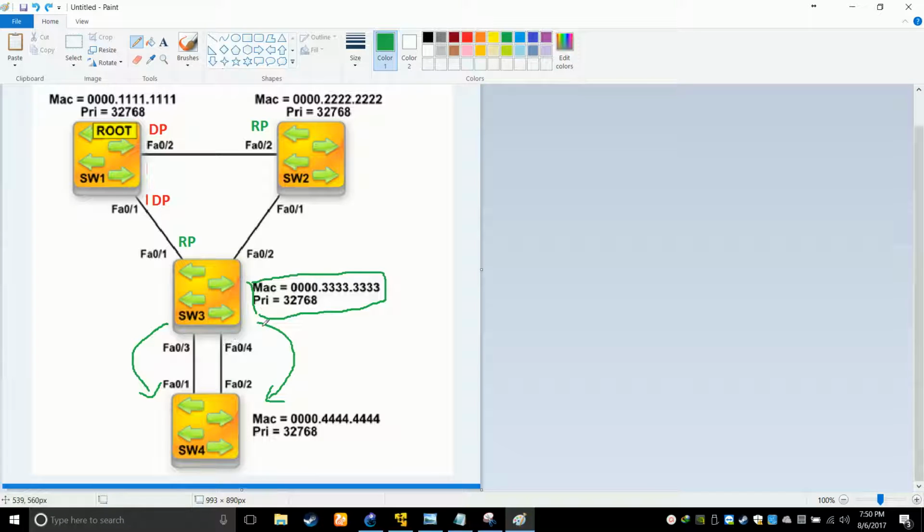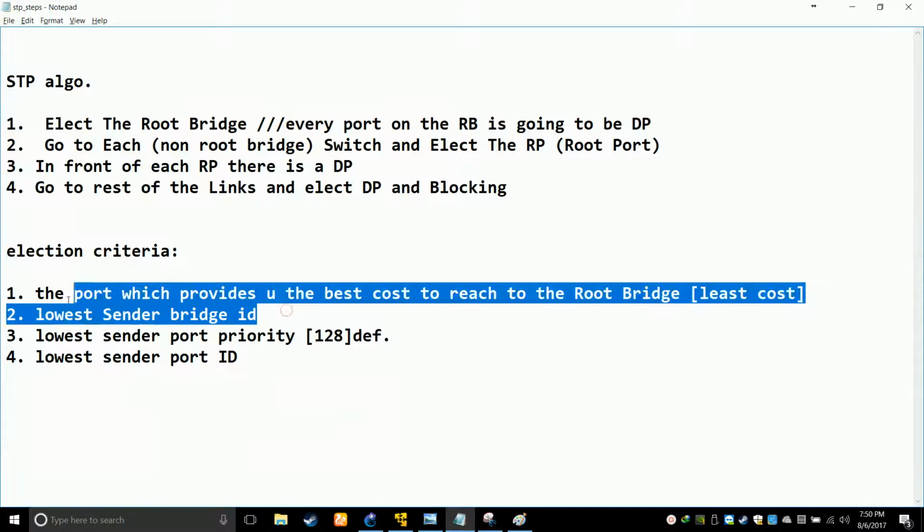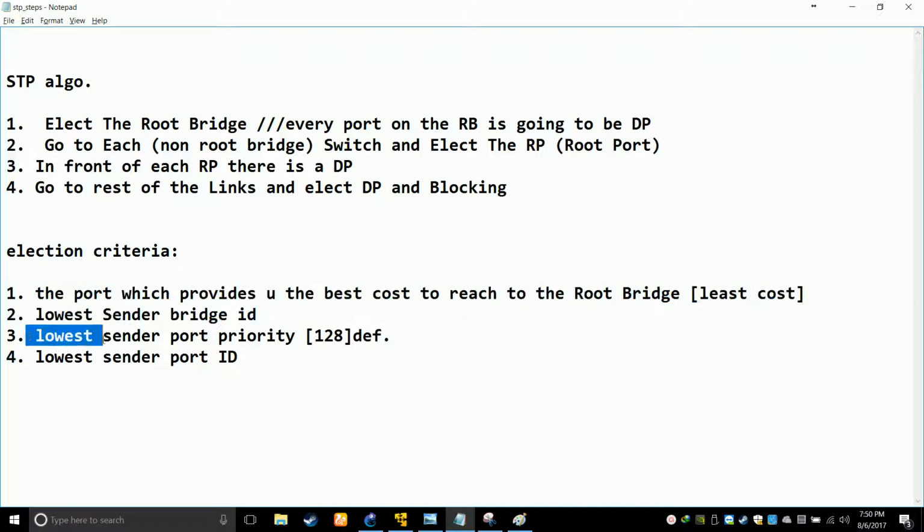So in such a scenario, the bridge ID will always tie. Here the bridge ID is this, from here the bridge ID is also this, and it is actually the sender bridge ID, who is sending you the BPDU. Now let's go here. Steps number 1 and 2 are tied. So step number 3, lower sender port priority, which I already told you is 128 by default.